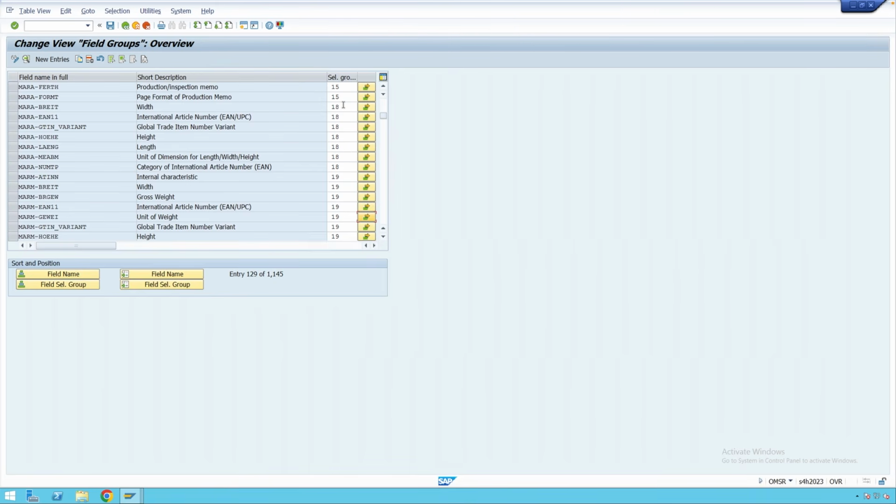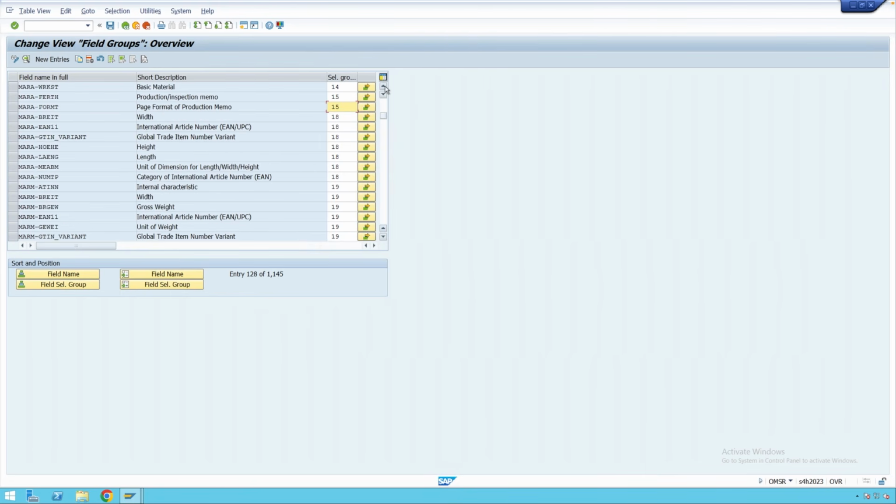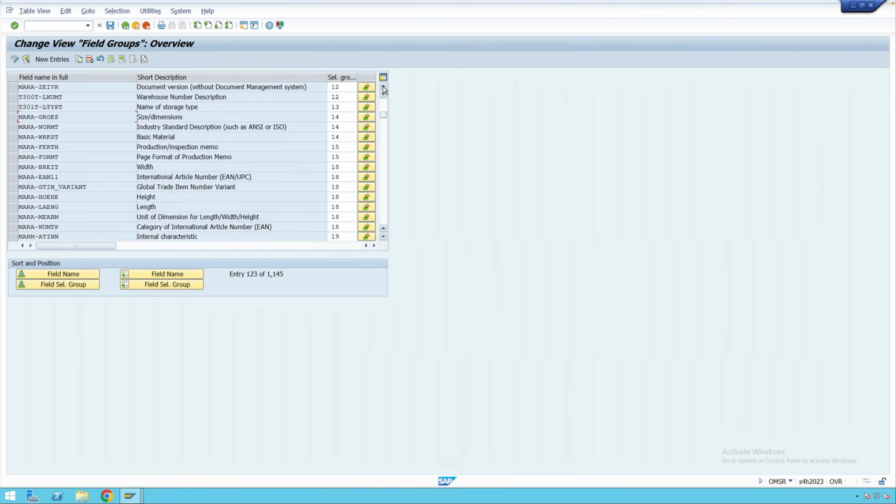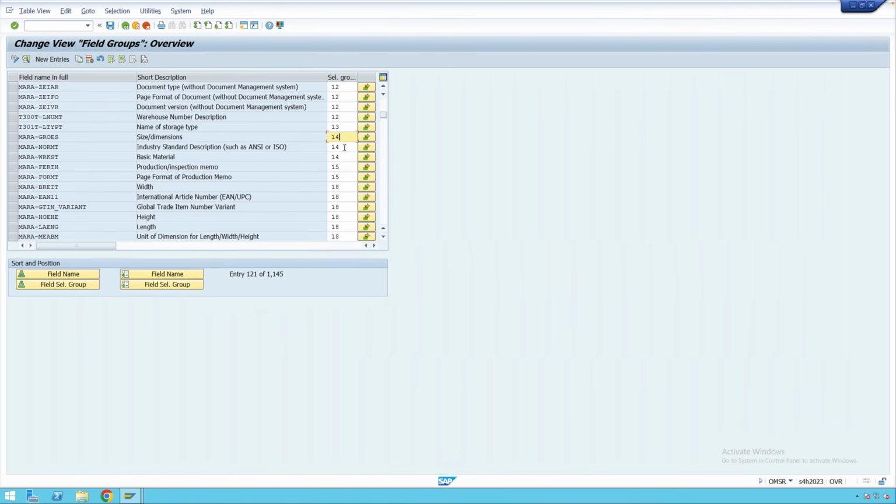So you can see under field selection group 18, you had these many fields here. Then under field selection group 19, you have these many fields. If you go up, you can see under field selection group 15, you have these two fields. If you go further up, you can see under field selection group 14, you have these three fields that